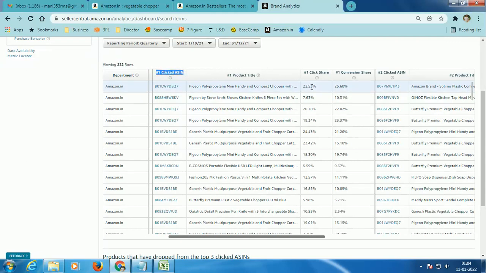Now you see Amazon is telling that he has got a click share of 22.53%. Now what does it mean? Let's say if some 100 people are searching for this search term chopper. Now out of these 100 people, approximately 22 or 23 people are clicking this particular ASIN or this particular competitor product listing, right?